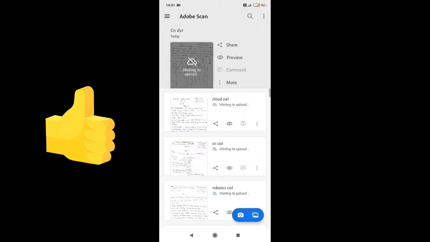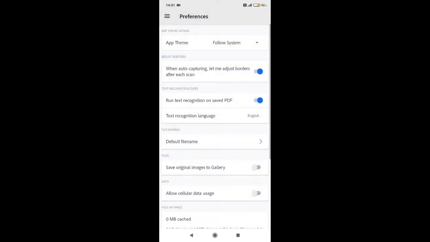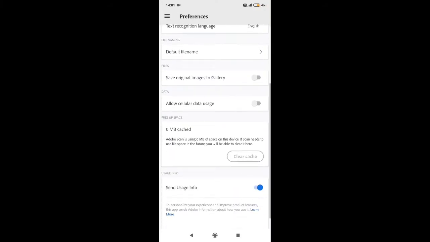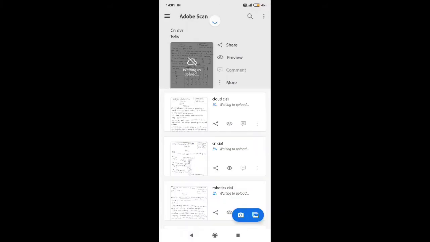You can see I have been using this app for 6 months, and you can also share the files. While checking the settings, you can find numerous options like dark mode, clearing the cache, saving the photo files, etc. So let's see how this works.